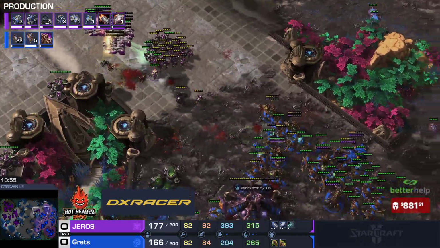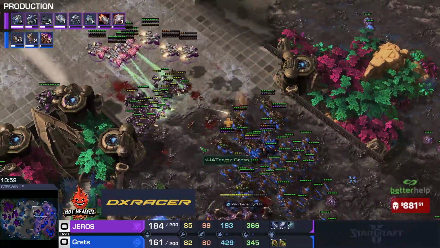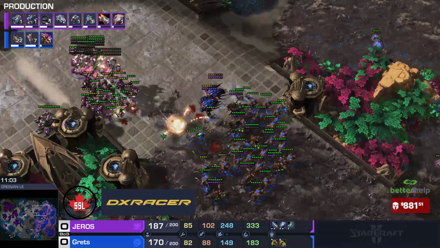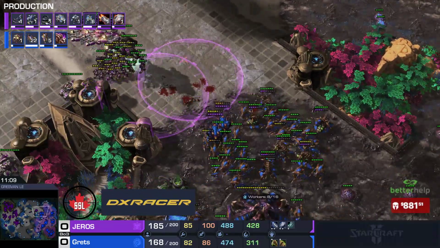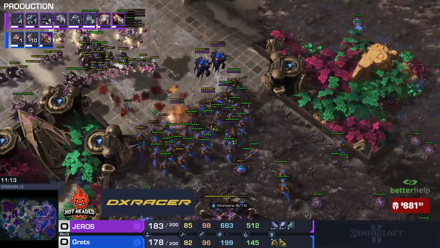Almost, still just kind of unable to break this. Meanwhile, JEROS is really powering up here. We already have 2 more factories in the production queue that just finished up. Tank production is going to be absolutely wild. We do have 2 Liberators that are joining now, and it's going to make it even more difficult for Grets to break this. I don't know if Grets can really...